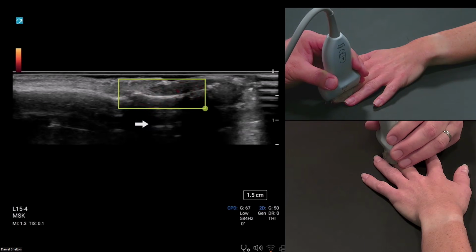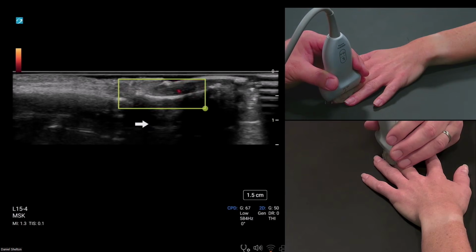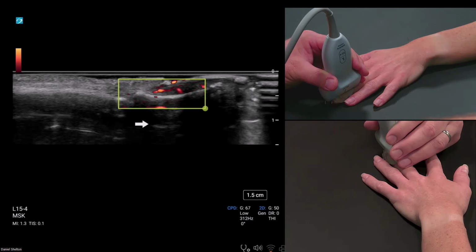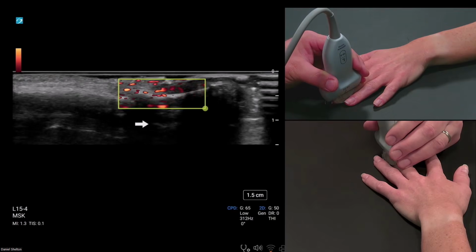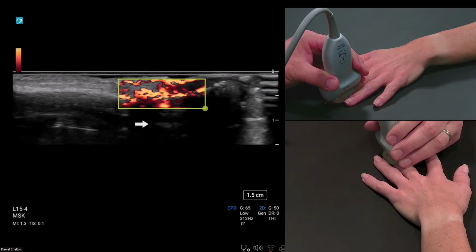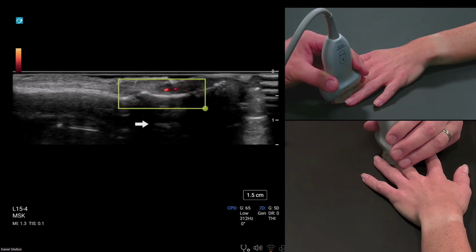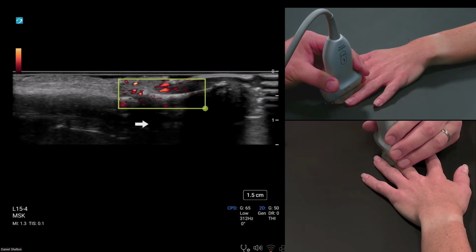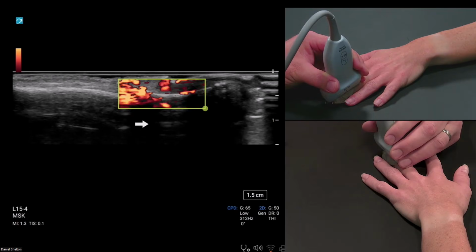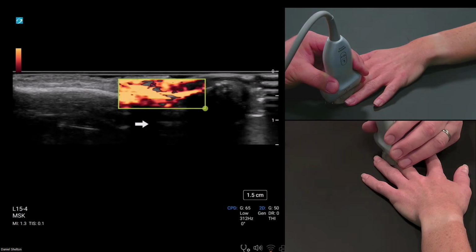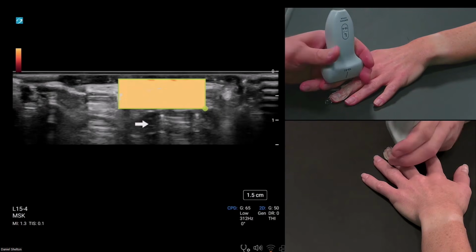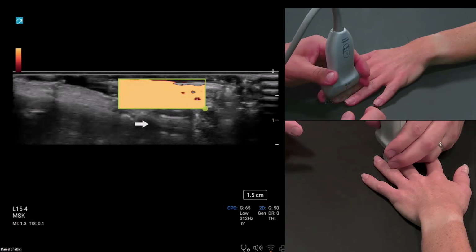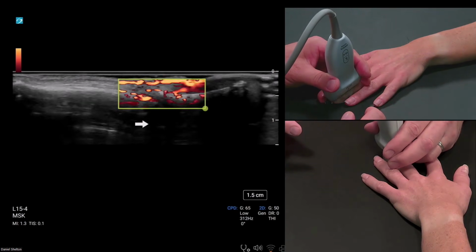What the difference is between the colorized Doppler and power Doppler is that the directional Doppler, or DCPD, is basically using the computing power of the ultrasound machine to assign velocity and direction, and that takes a lot more computer processing. But if you switch over to power, it only uses the amplitudes of a signal. It is a bit more sensitive to motion artifact, but because it's not using the information necessary to assign velocity and direction, it does allow the ultrasound machine to process a bit more low flow areas, since we're just concerned with if there's blood flow there or not.